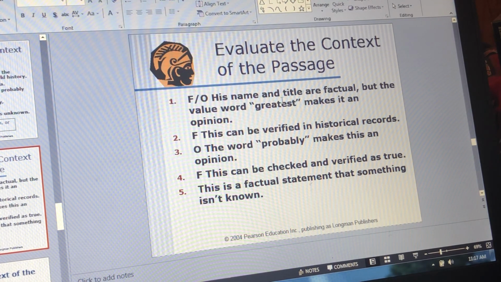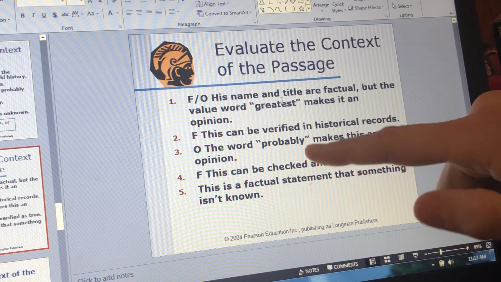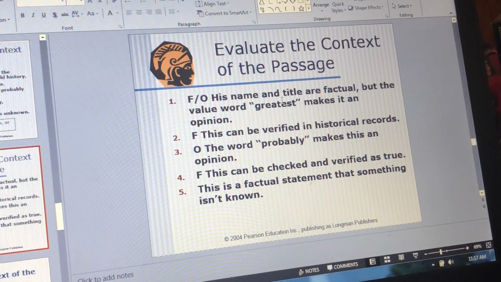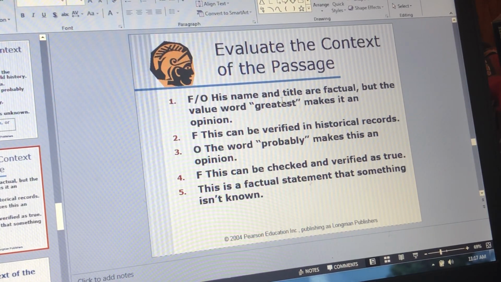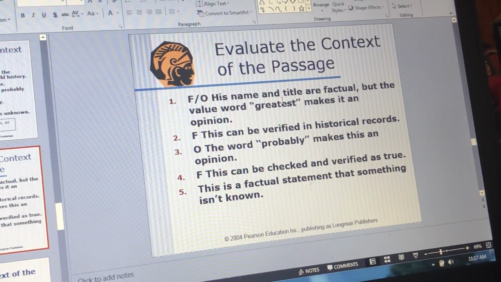Okay. He was born in Pella, Macedonia. Okay, yeah, we can prove that. We can look that up. We should be okay there. The exact date of his birth was probably July 20 or 26, 356 BC. Well, how do you know? What was the exact date? That's something that we could probably verify if we know the exact date. Probably, that makes me stop.